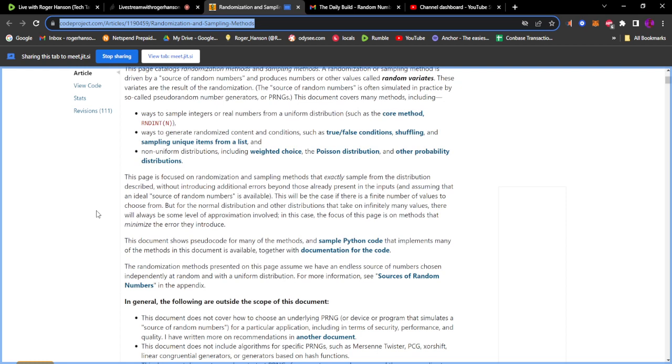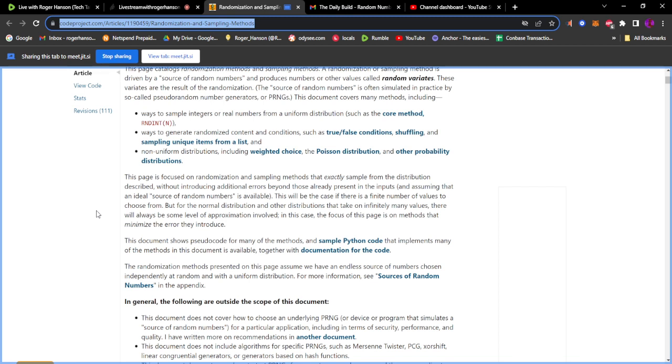This page is focused on randomization and sampling methods that exactly sample from the distribution described without introducing additional errors beyond those already present in the input, and assuming that the ideal source of random numbers is available.